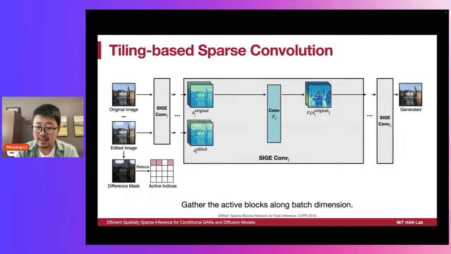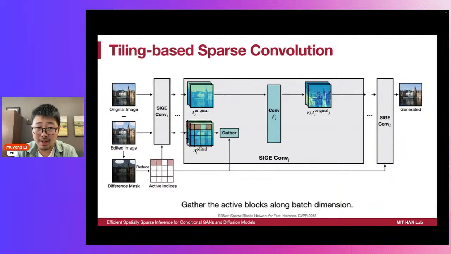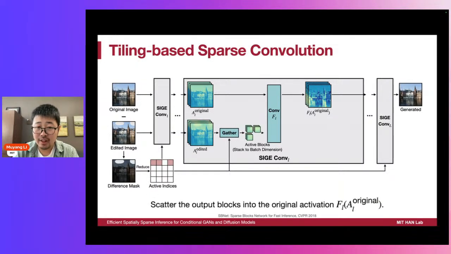After we get the edited input activations at layer L, we use the active indices to gather the edited blocks along the batch dimension. Like we fetch the clouds from the sky and then feed these clouds into the convolutions to get the edited output blocks.